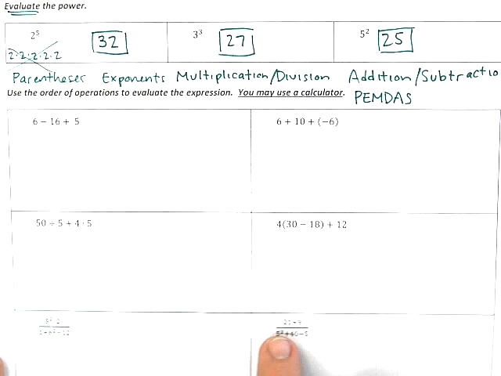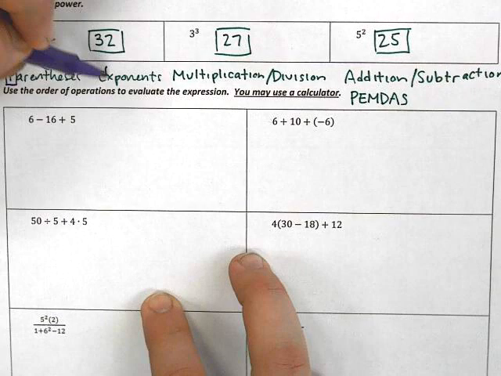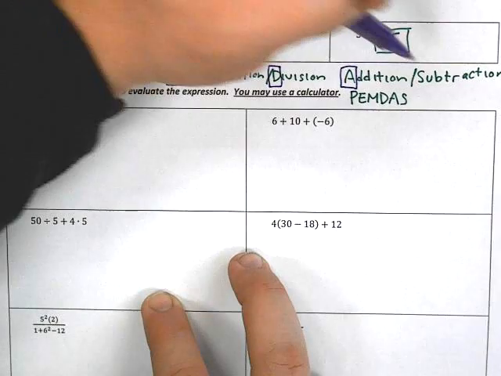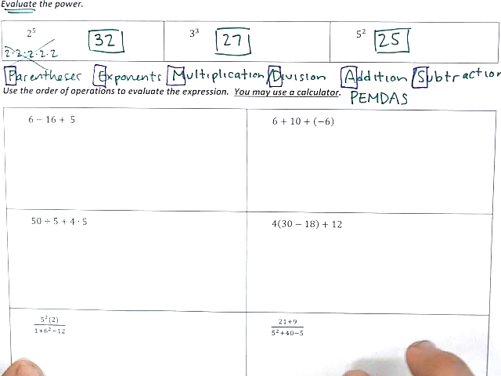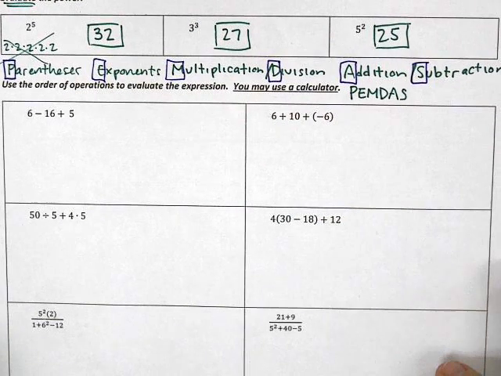Okay? And please understand where the PEMDAS comes from. So it comes from the P, the E, the M, the D, the A, and the S. PEMDAS. Okay? Now, I need to do one more explanation thing